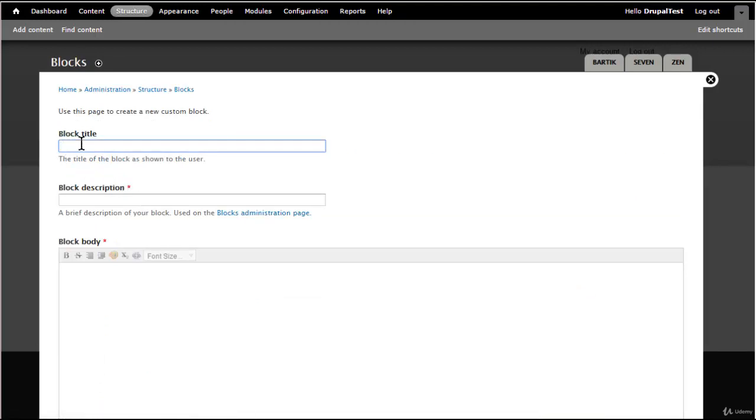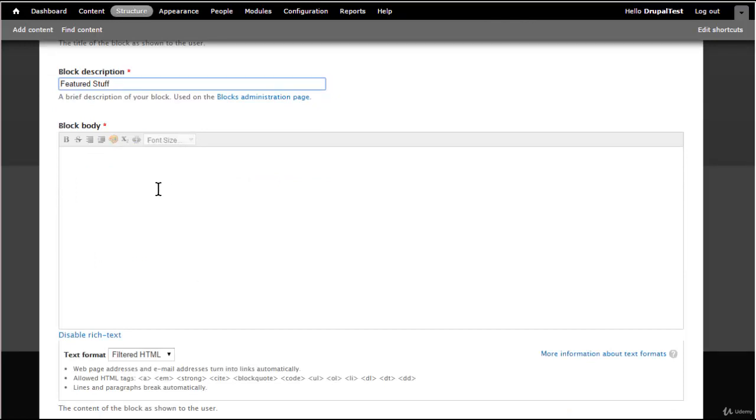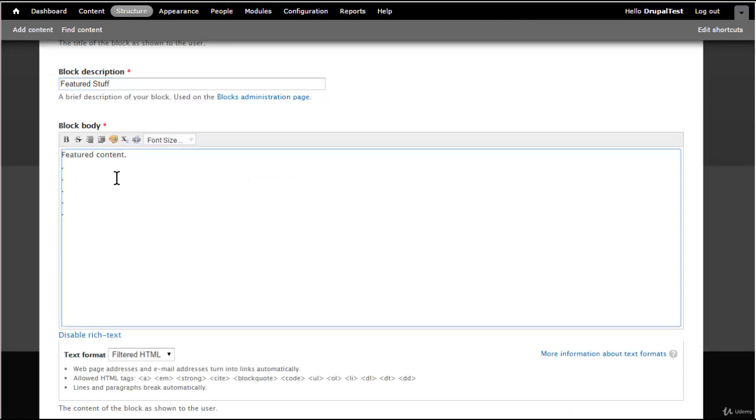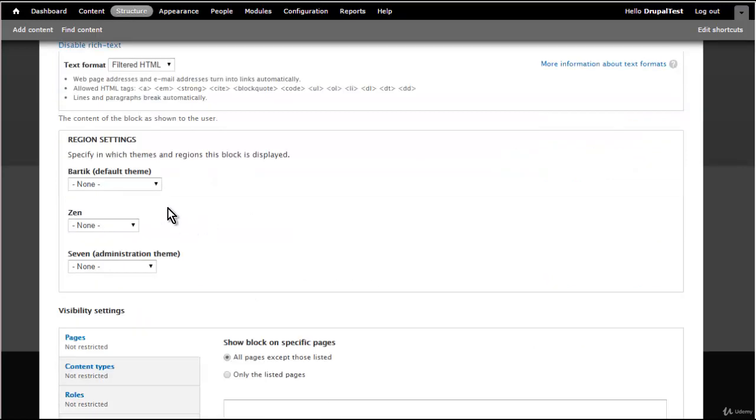Okay, so let's call this featured. So featured stuff. And then the block body. So you can put anything you want in here. Okay, just so there's something in there. Okay, now the region settings. You need to set the region for the theme you're using at least, or you can set it for all themes in case you switch themes. So I'm going to put this in featured